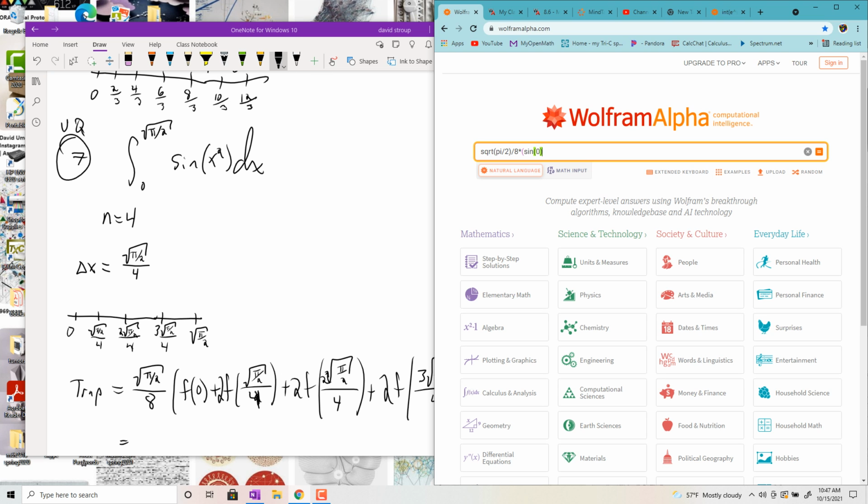And then it's going to be plus 2 sine of this thing squared. So it's going to be pi over 2 over 16, so pi over 32, plus 2 sine of pi over 2 times